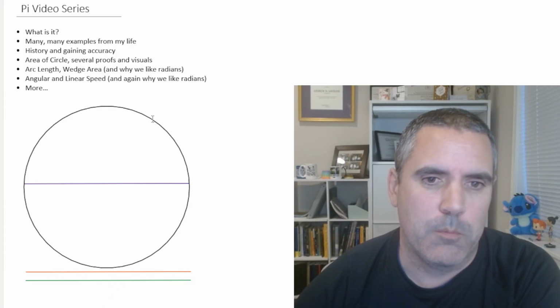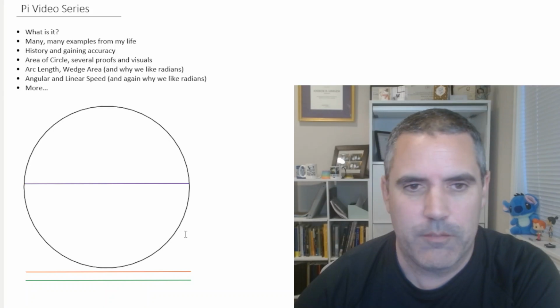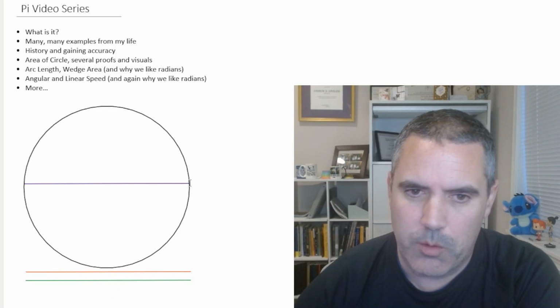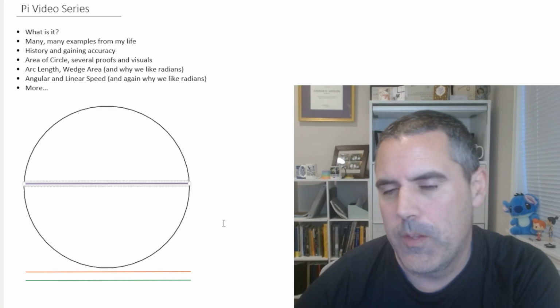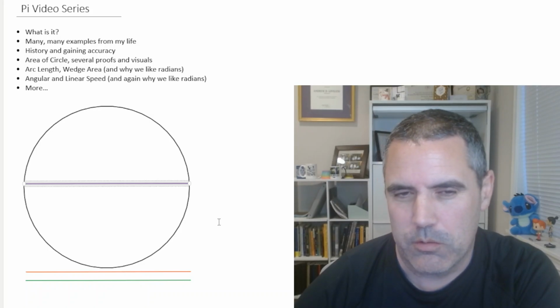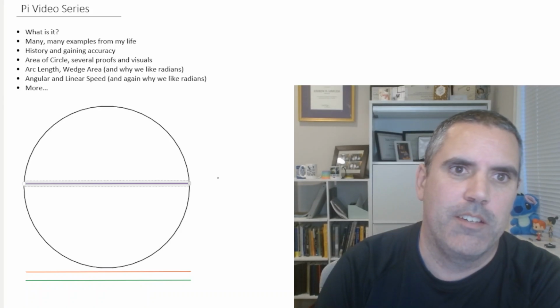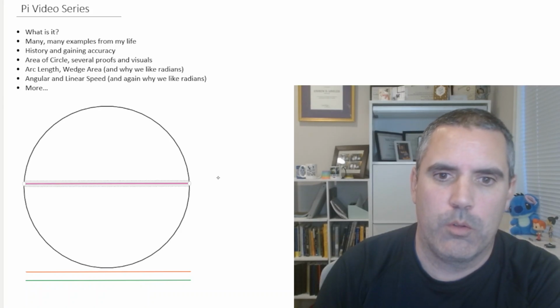So imagine you have a circle. There is a rough circle I've drawn on here. And imagine you go all the way across it. We call that the diameter. So there's the diameter of our circle. Imagine you walk across there. So let's put a little person on here. We're going to go for a walk.